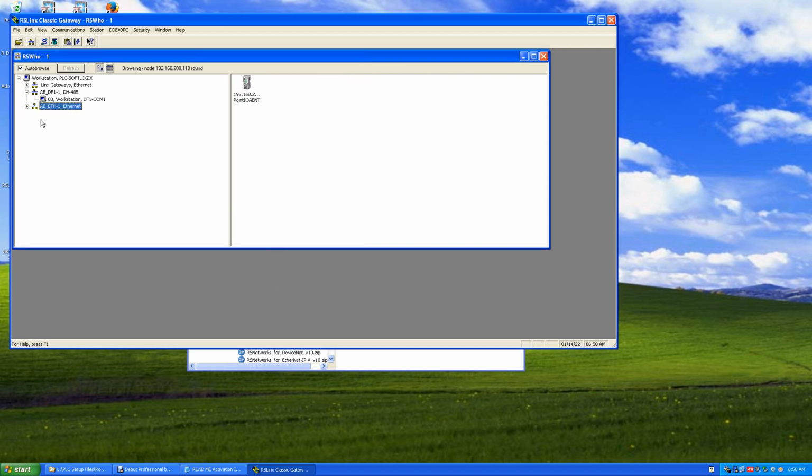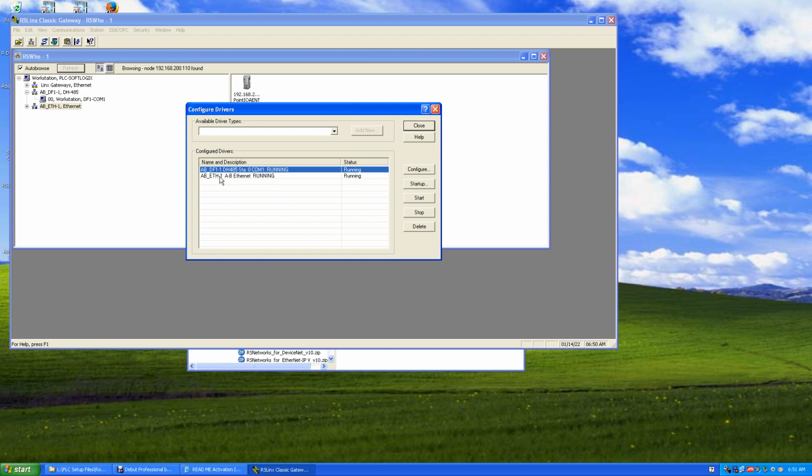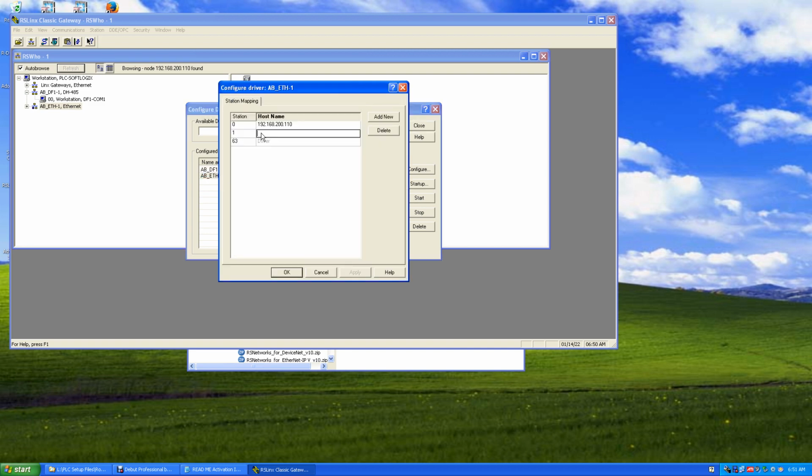Okay. Let's go back in here and configure this again. So we can just right click on it, and we can say configure driver. We can click on the hose up here, the network cable, and we can configure adapter there. We can configure drivers there, or we can go back to communications and configure drivers. Any of these will do the same. If we click on this, and if I put in that name, .io anet,